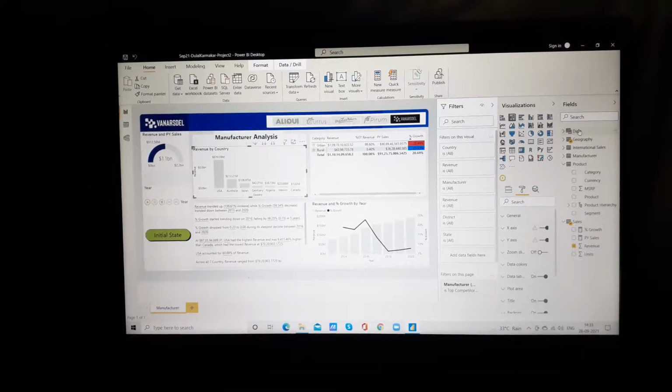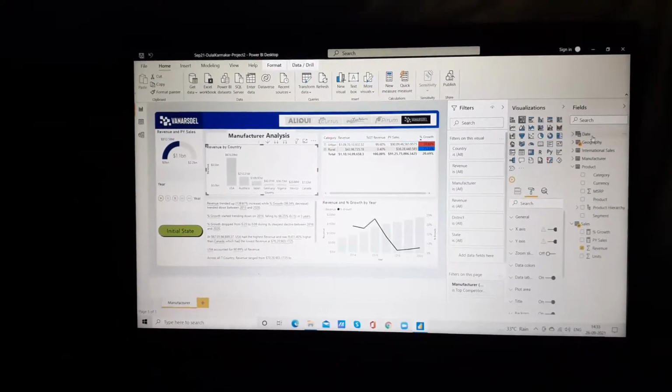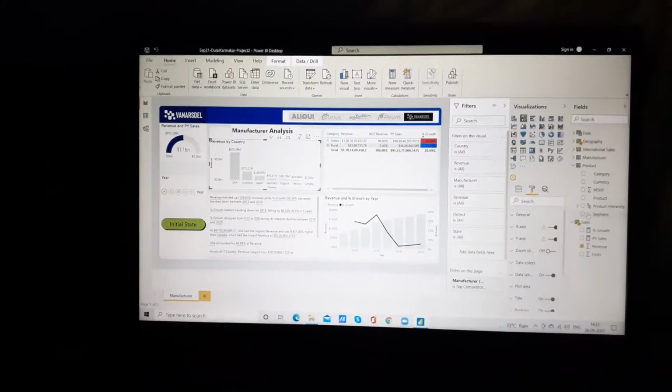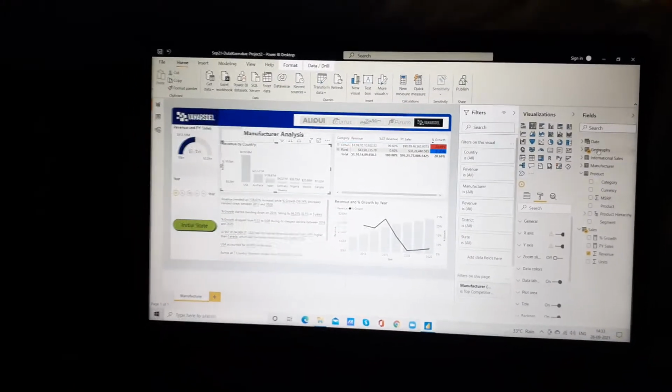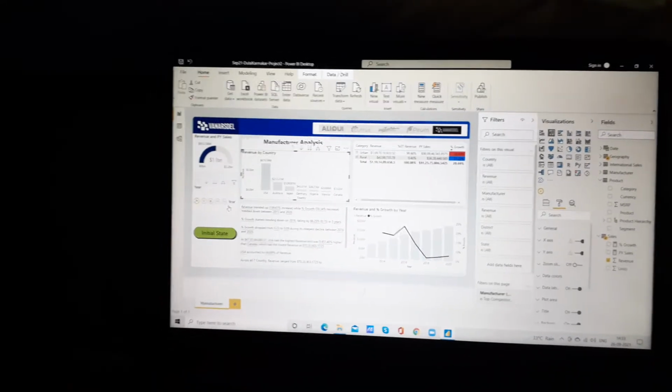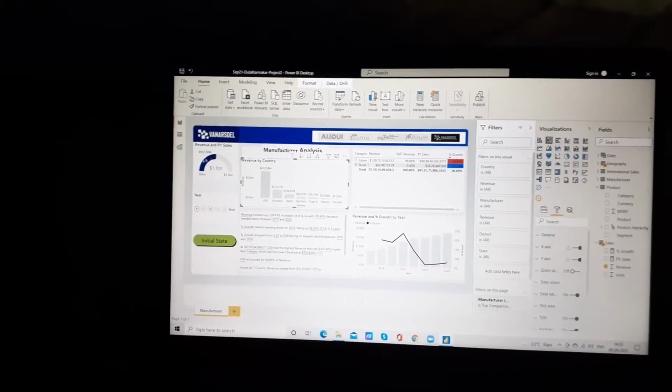There are some tables named date, geography, manufacturer, products, sales, right? So these are the query tables which actually contain the data. Using those data, I have created these dashboards.